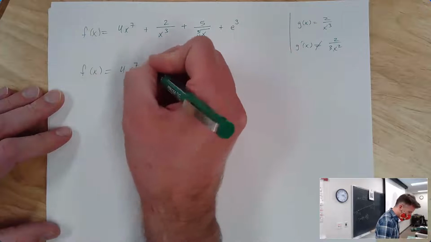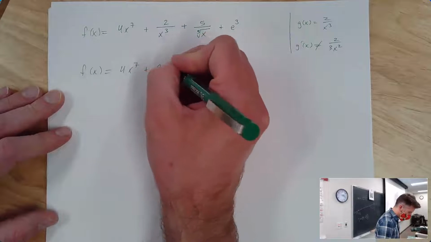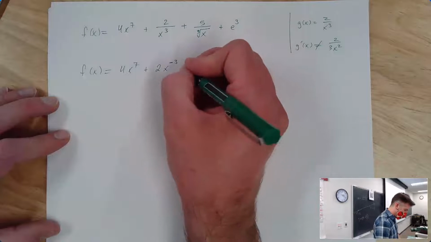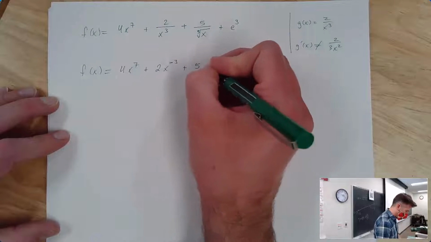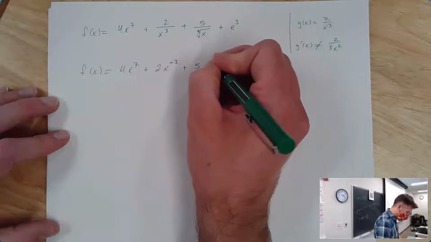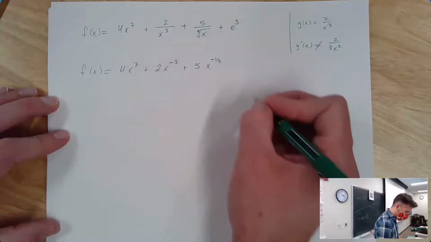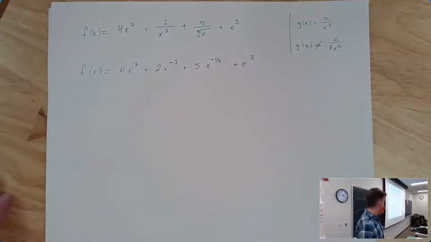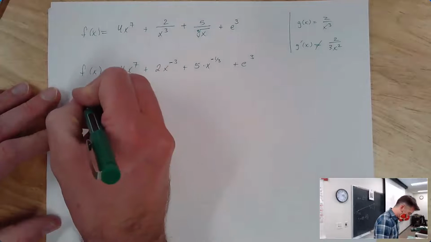4x to the 7th plus 2x to the negative third. And then 5 over the cube root of x is 5 over x to the 1/3, which is 5 times x to the negative 1/3, plus e cubed. And now everything that has an x in it is written as x to a power. We can use the power rule on all of those things. So my derivative,